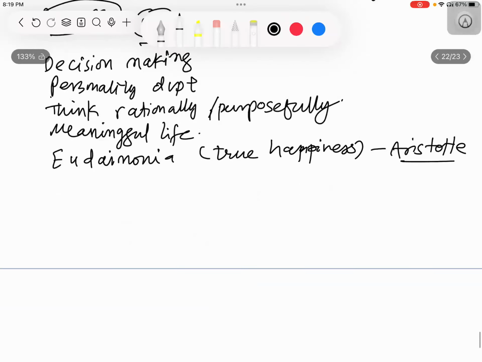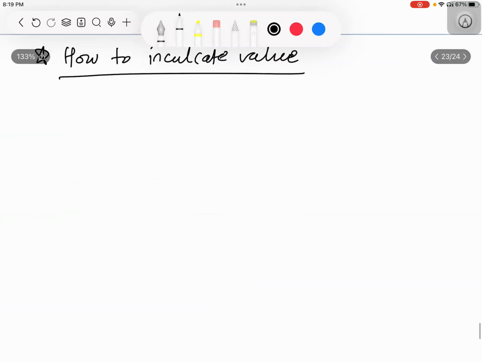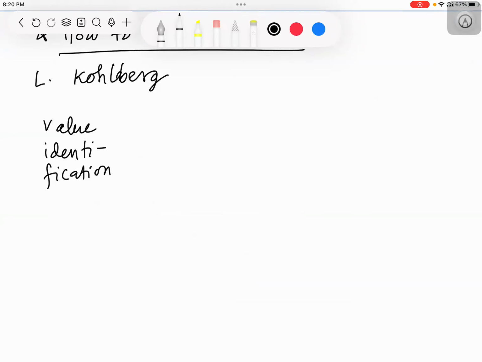Now the question comes: how to actually inculcate values? Now if you see, there are some models of value inculcation given. For example, the same person, Lawrence Kohlberg, gave this model. He said that first you have to do value identification, meaning which value is going to impact us. So first we should find out which value will impact us. Then something which is known as